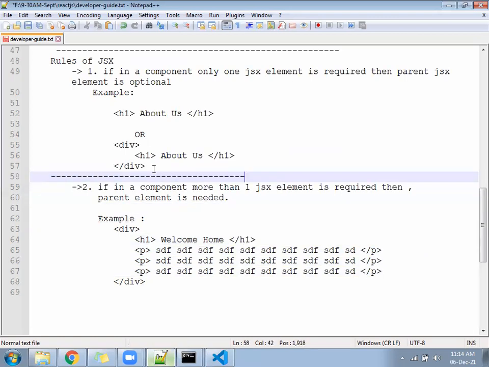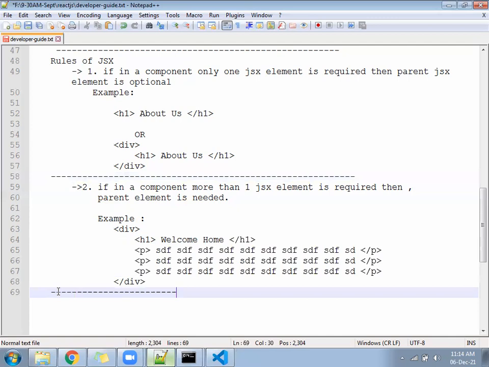More than one JSX element happens, so we must keep them within a parent tag.